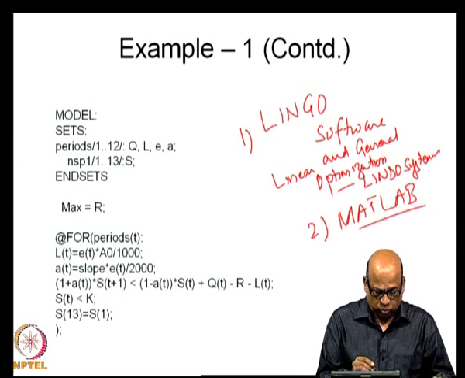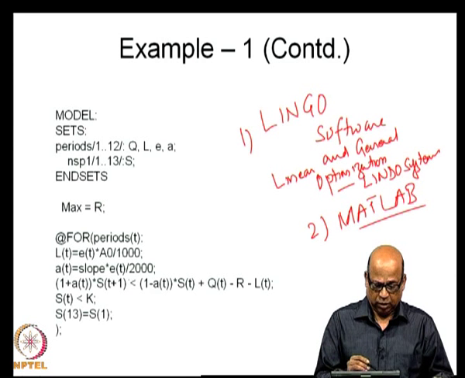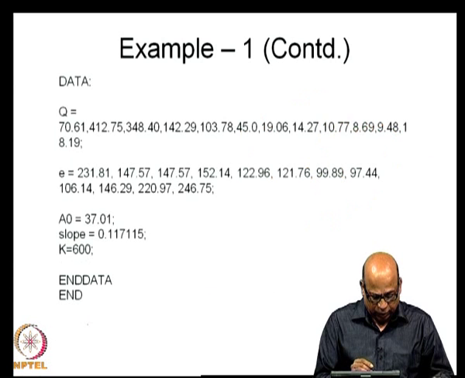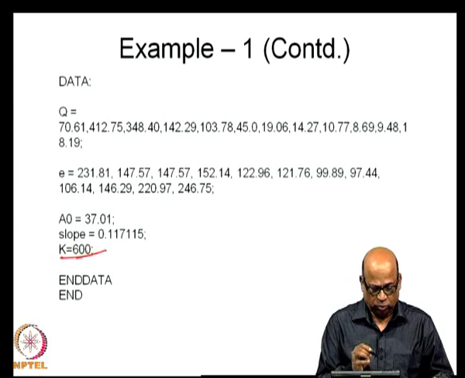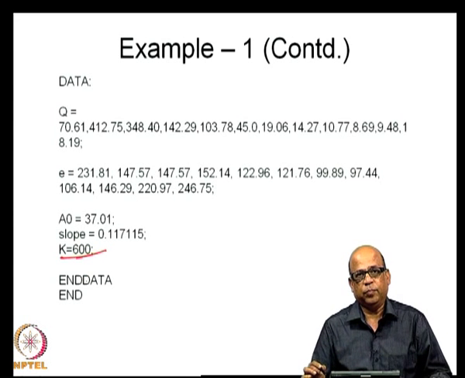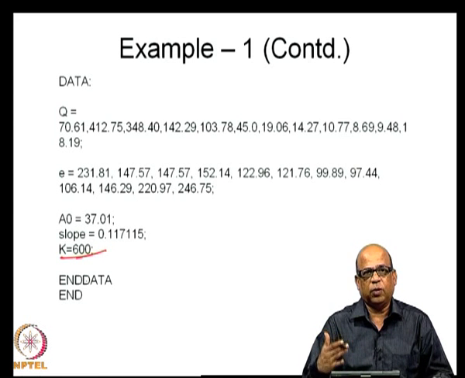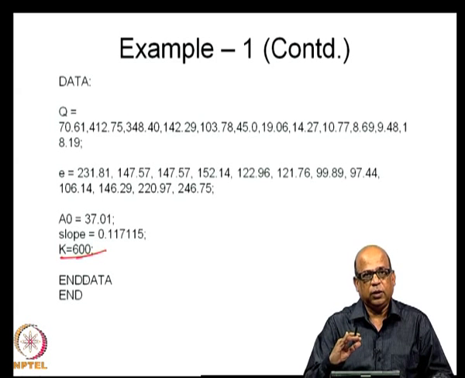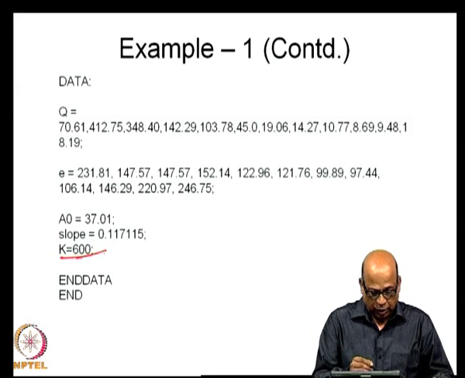Now, this max equal to r is the objective function. So, I encourage you to solve this problem. Every time you change the value of k, let us say k is equal to 600, everything else remains the same. We change value of k, rerun it, and get the value of r. There are also other decision variables like S1, S2, etc., that we will not worry. Simply look at the r, which is the yield. So, for a given storage, you get the yield. Like this, you do it for several values of k.